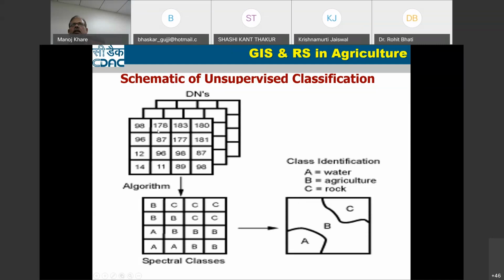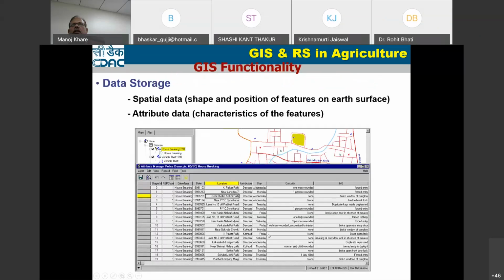Like if you see here, whatever value is between 80 and 90, it is giving as B. Whatever pixel value is more than 170 or 180, it is classifying as C. And whatever features have pixels with a DN value less than around 20 are classified as A. So these are the 2 types. But most of the time in remote sensing, we prefer supervised classification, because in that you have control.